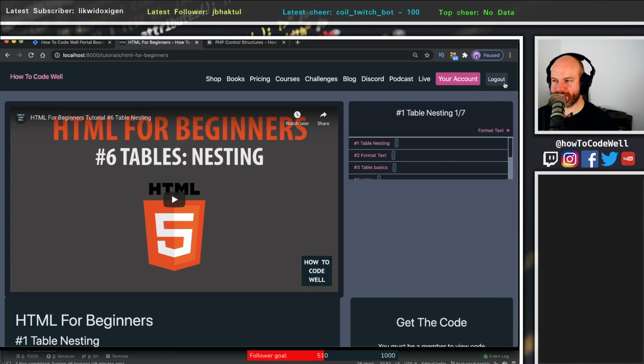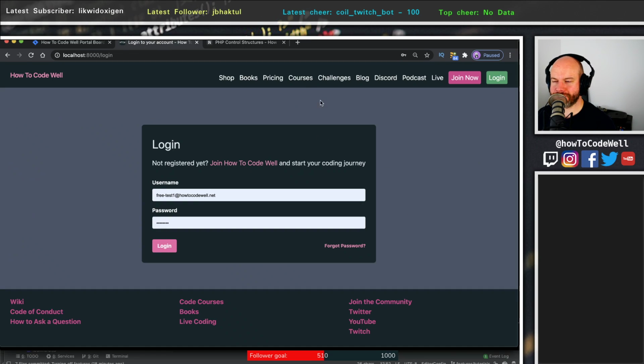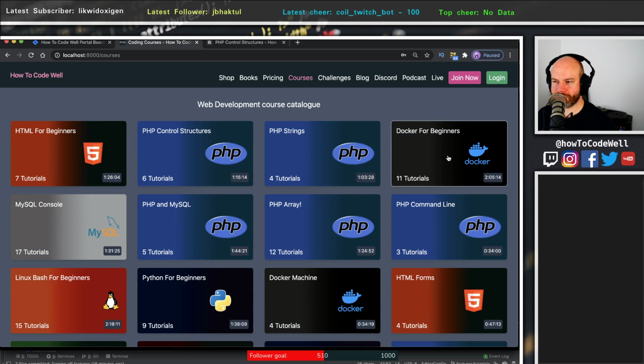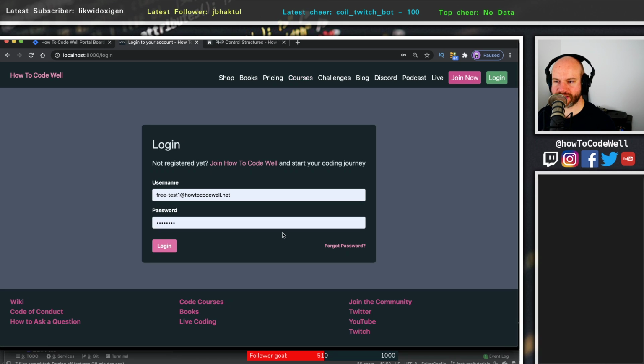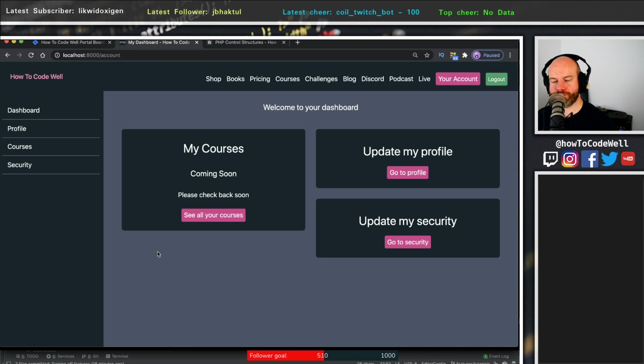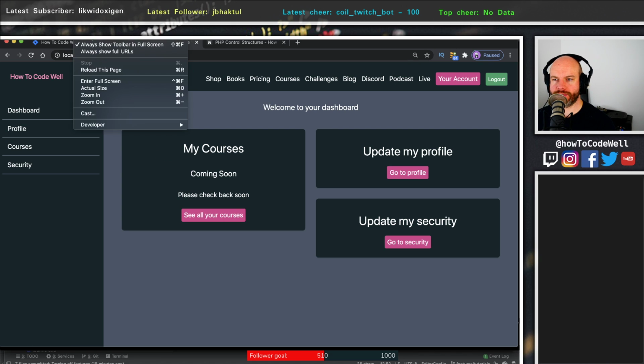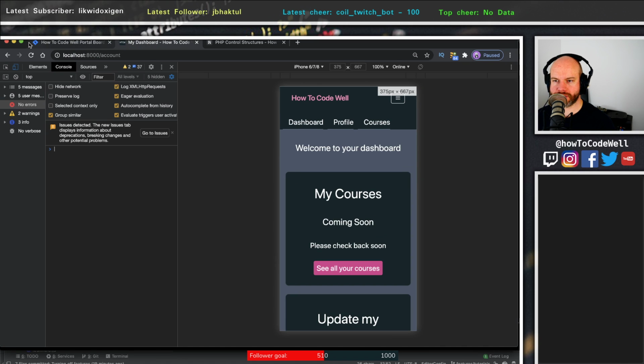Right, let's just test that flow again. Let's log out. Let's go to courses. Let's click on one of these things and then click on that. There we go. It's now asking me to log in. If I hit log in, it's going to take me to the dashboard. Now, I guess ideally what I would like it to do is take me to the course that I was just looking at. And I think if I was to go to Developer Tools,